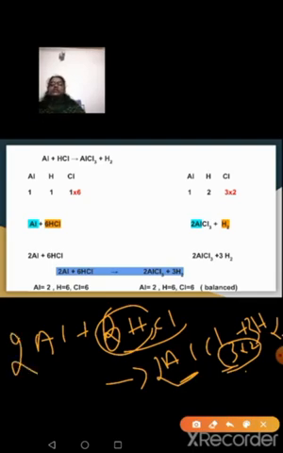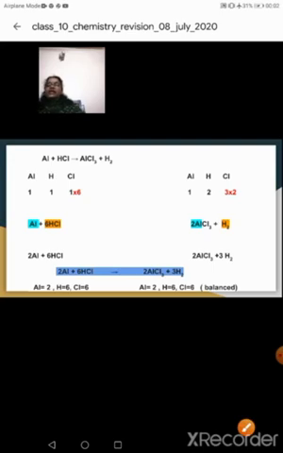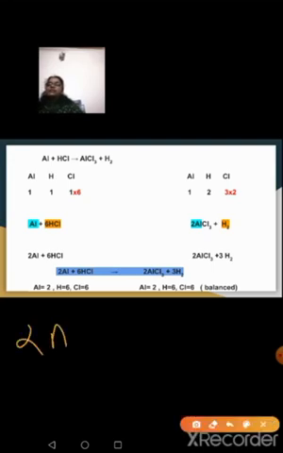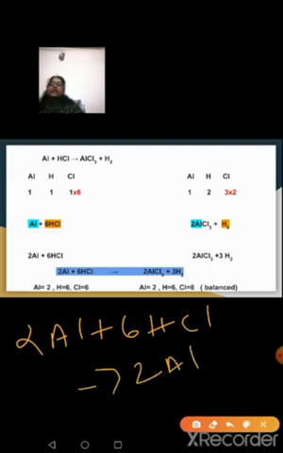So now the equation becomes balanced. So when I write 2Al plus 6HCl gives 2AlCl3 plus 3H2. It's a balanced equation. I've mentioned here, see, if I make this chlorine 6, here also it becomes 6. So when I do that, what happens here? This side chlorine is not existing independently.